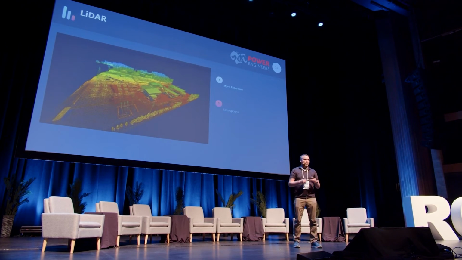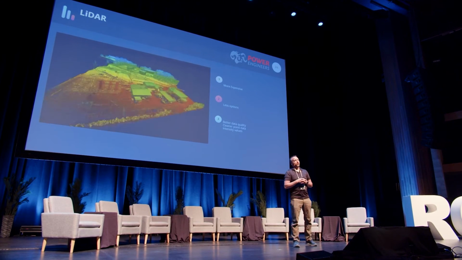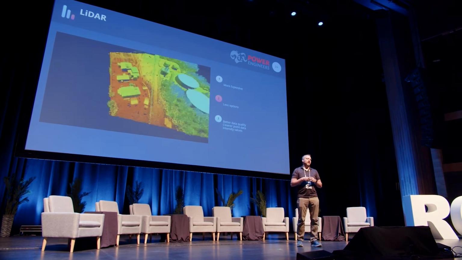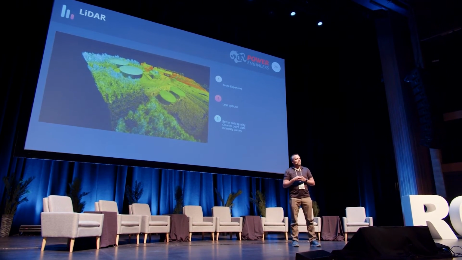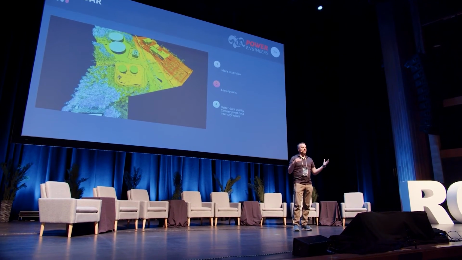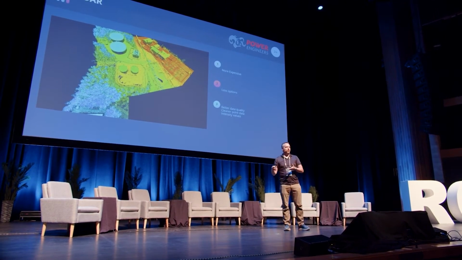Obviously, LiDAR data. I'm a big fan of LiDAR data. Outside of photogrammetry, it provides a lot better physical measuring and modeling. You can penetrate vegetation to get ground terrain. You have intensity values that can be used for other types of analysis or classification. So there's a lot of high value in LiDAR, can be very complementary to photogrammetry.